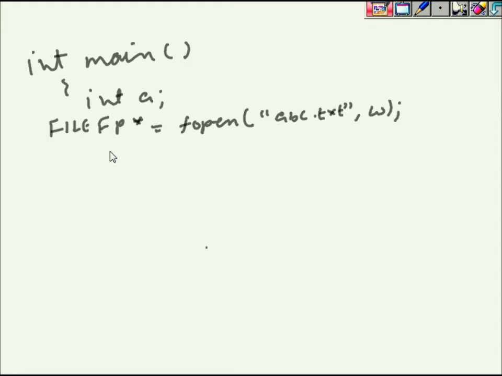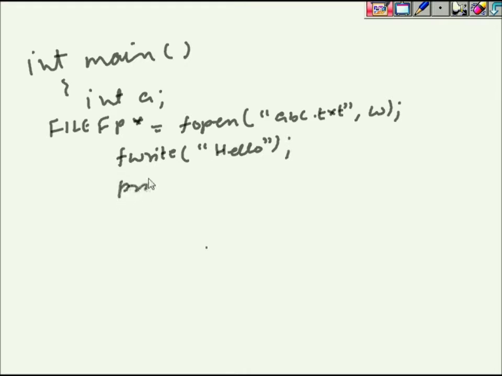And then we write something into this file, say fwrite hello. So with this instruction, we are writing hello to this abc.txt file,